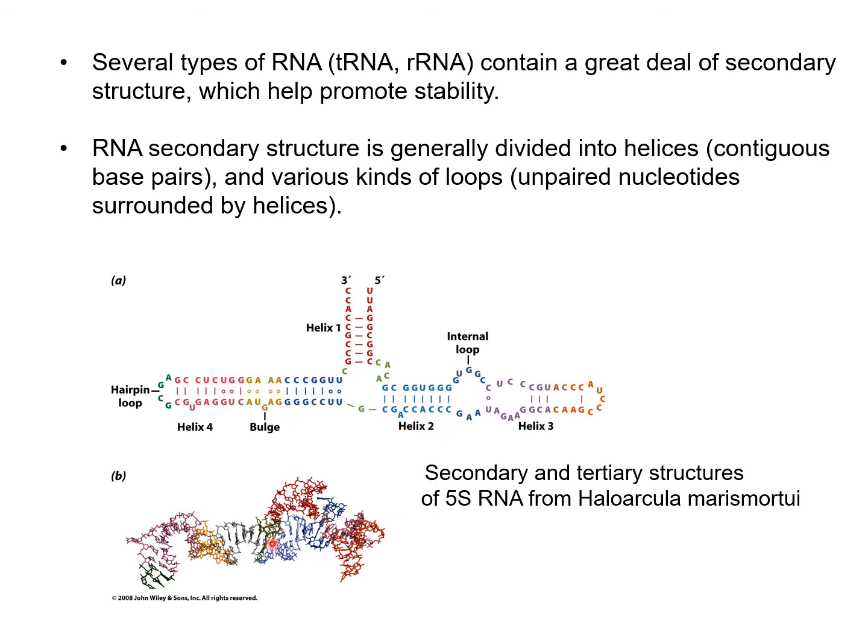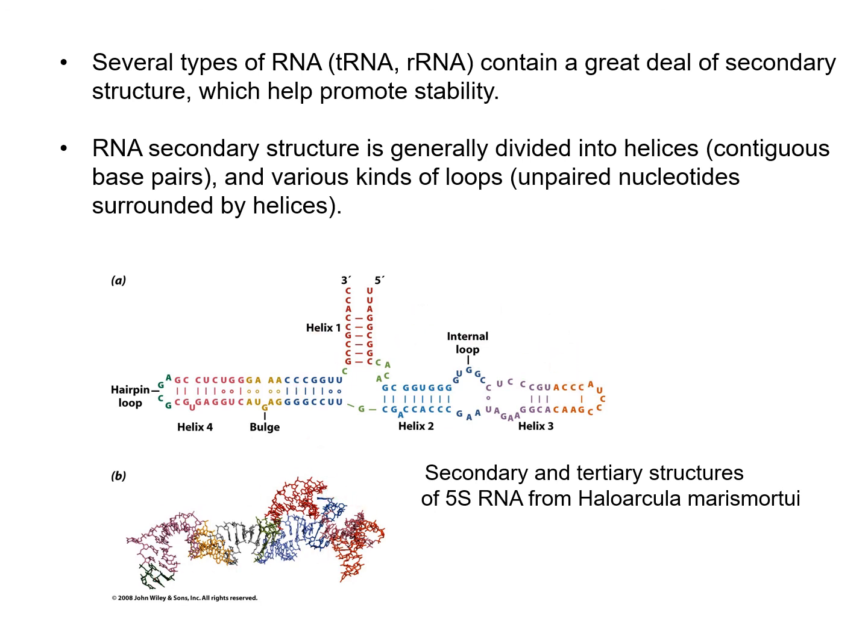And this is an example of a secondary and tertiary structure of 5S RNA, but as you can see, the actual tertiary structure looks a little bit different than this secondary structure, because not only do they make these loops and helices, they also have base pair interactions between some residues far away from each other to form